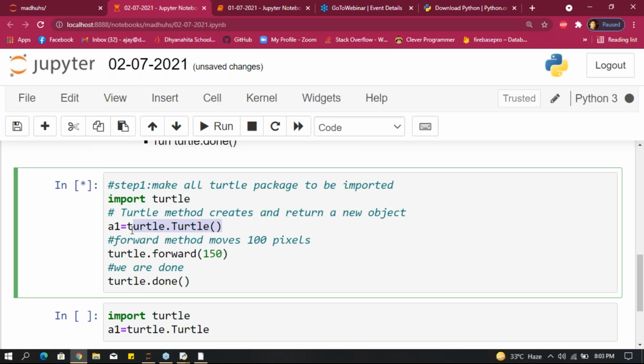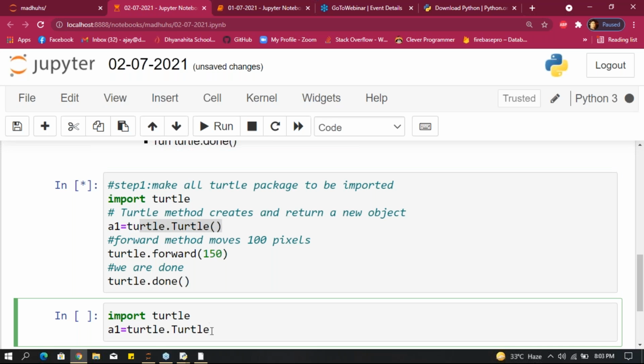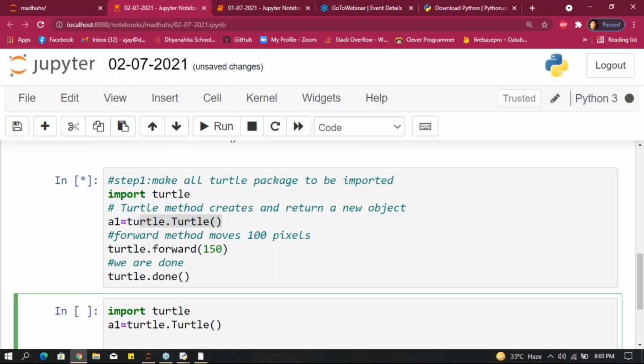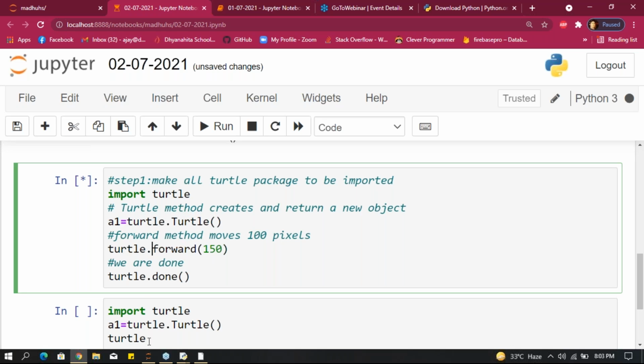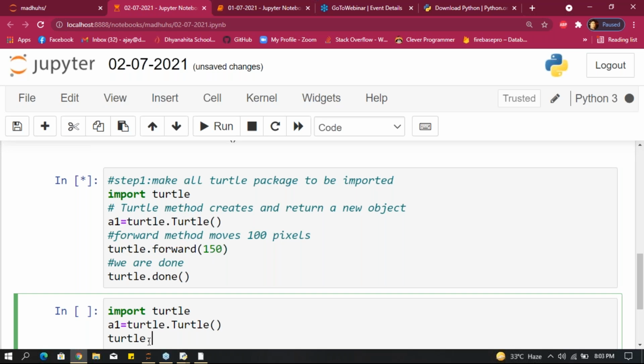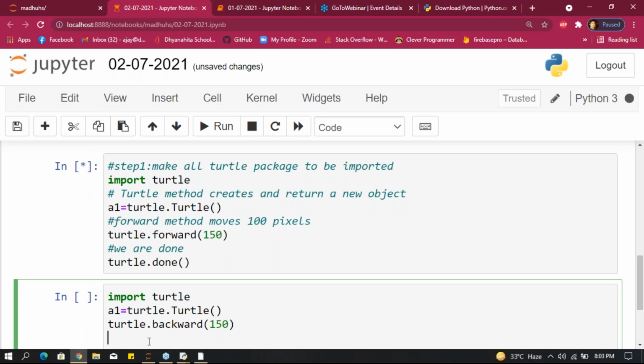For that we are creating this. In the previous one we took forward; now take the backward function and give 150 pixels. After that, turtle dot done.